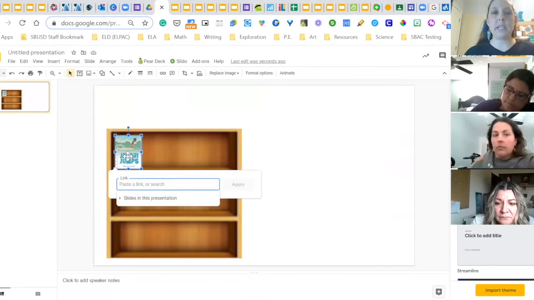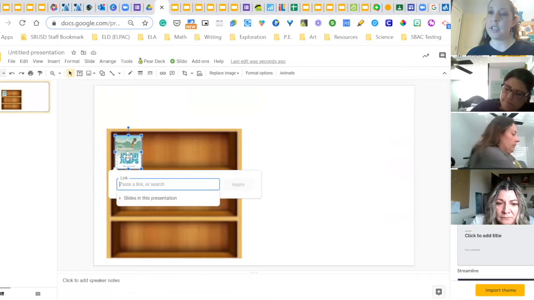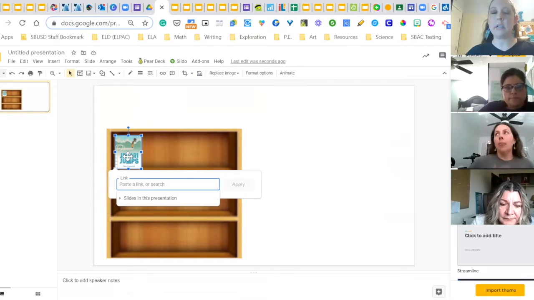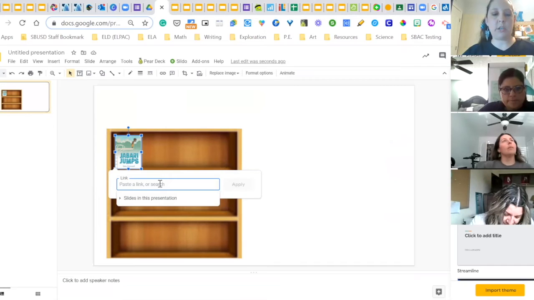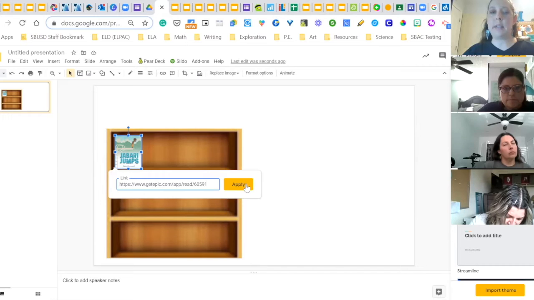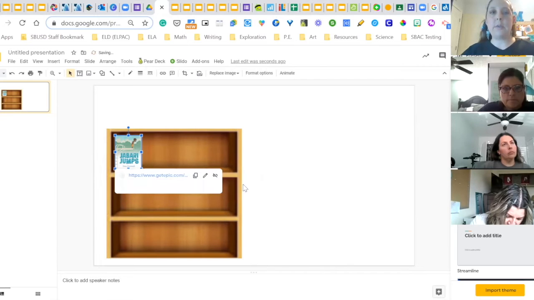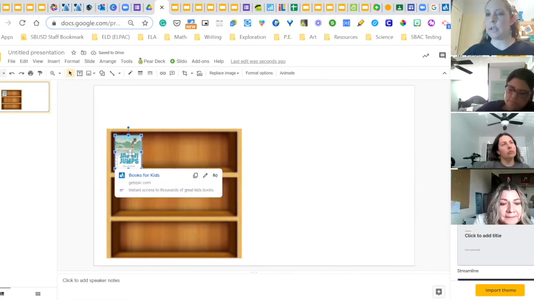So definitely Control C and Control V, and then Control K, whatever you want to have a link, you will use that. And then I'm just going to go back in and do a Control V, and it's going to grab that link, and then I'm just going to click apply. So now when my kids come in, they can click on this book and it will take them straight to